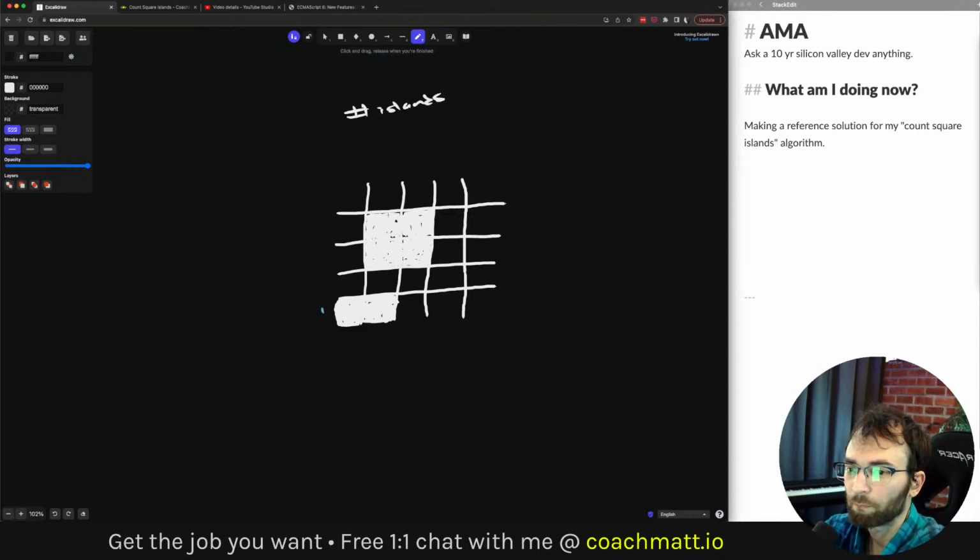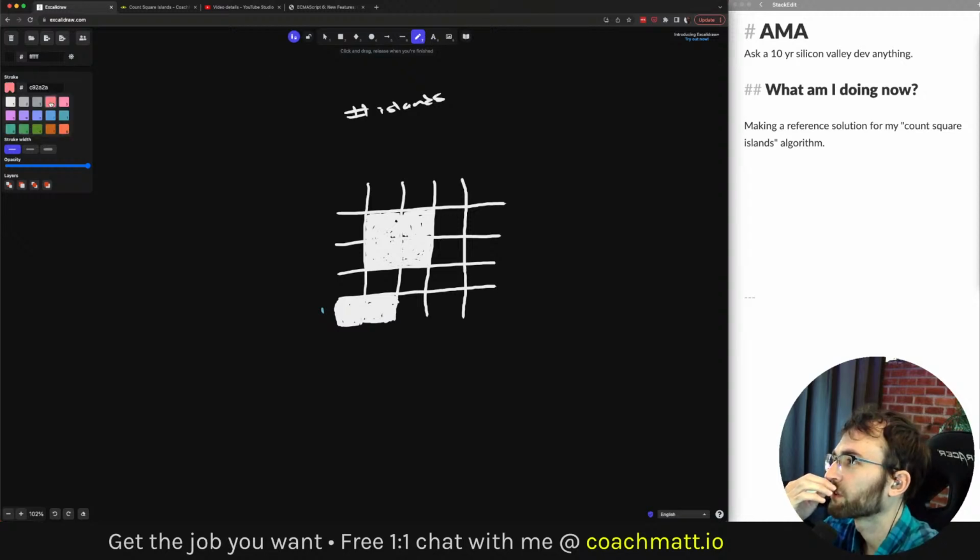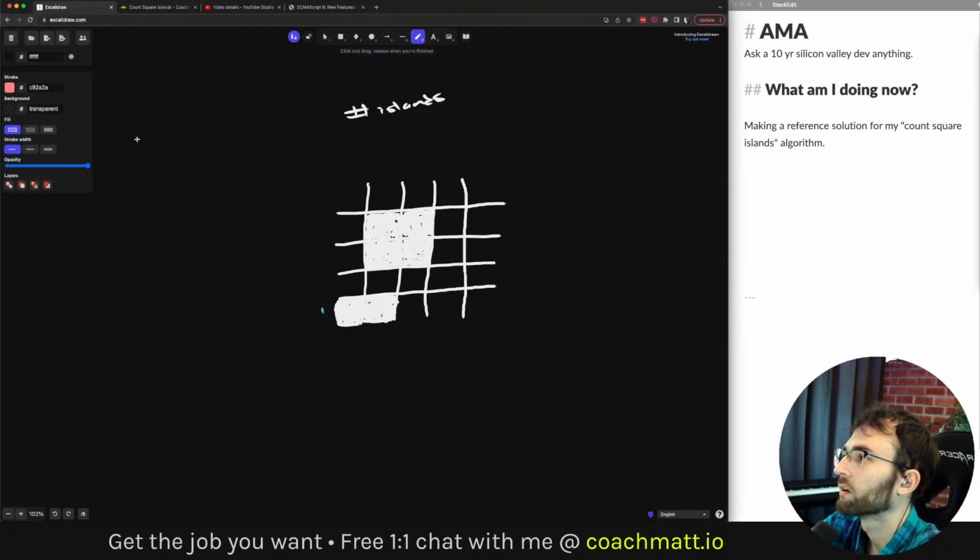So thinking about the problem again, what are some specifics of squares, right? So the width, I should not be using my mouse, I should be using my tablet. The width equals the height, right?